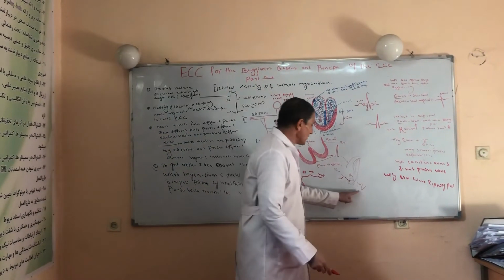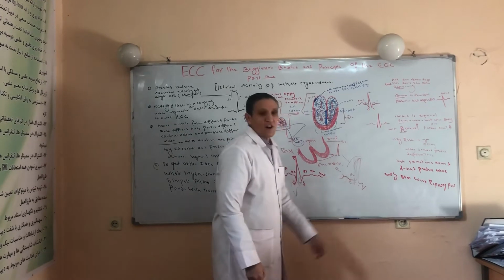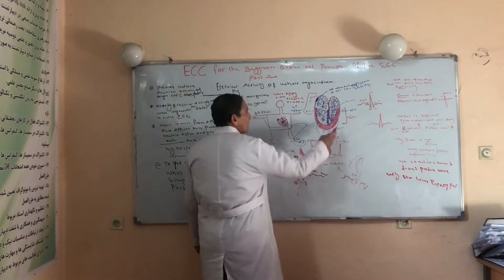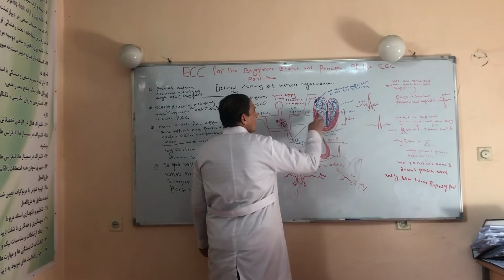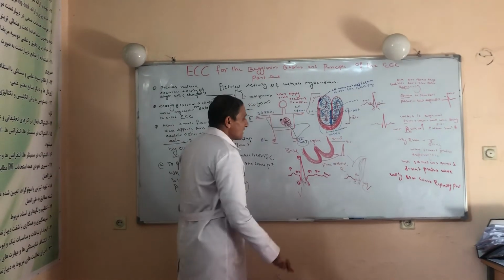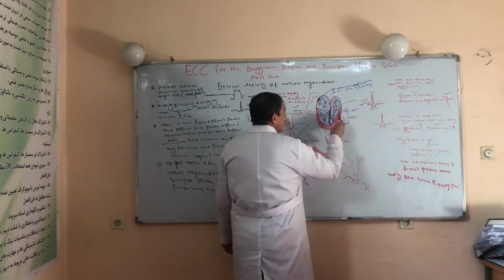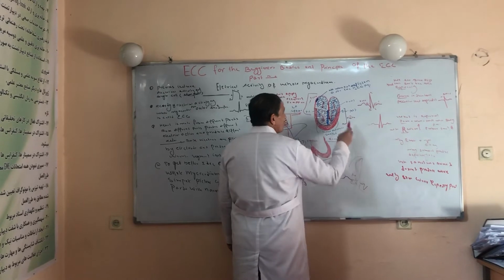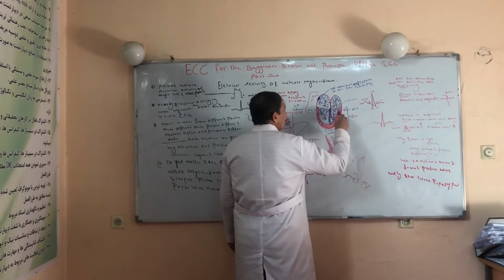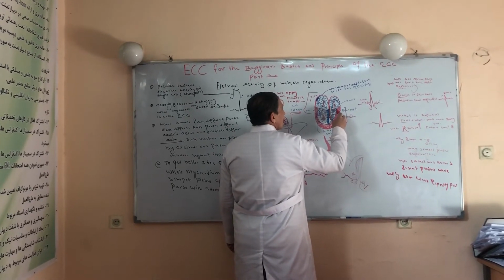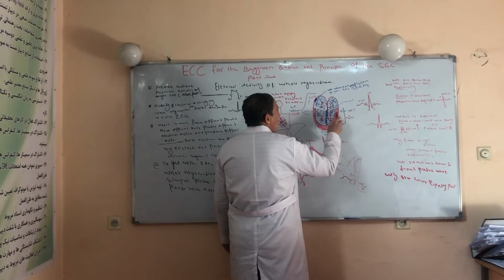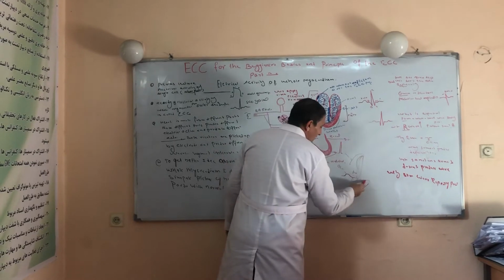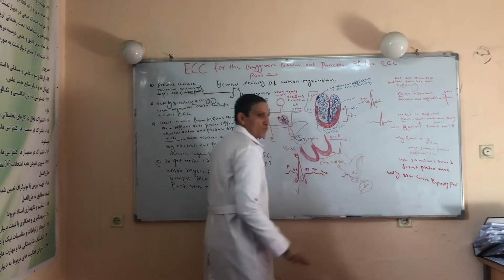Right now we are coming to another wave. This wave is called the S wave. What does the S wave represent? The S wave represents the basal part. Why is this a negative wave? Because the vector produced by this Q wave moves through the septum leftward and rightward, and both basal parts are electrically connected to each other. They produce a single vector which is called the S wave.